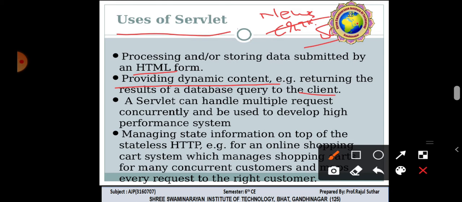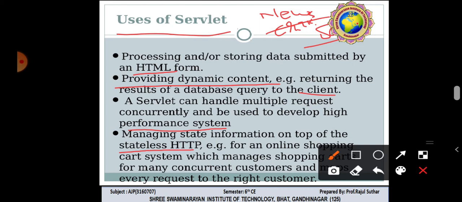Servlet can handle multiple requests concurrently and be used to develop high performance systems. So we can say it has a comparatively better performance advantage. It manages information on top of stateless HTTP; we cannot contain any stateful information.